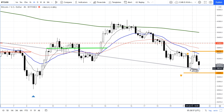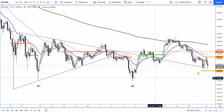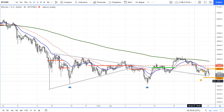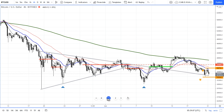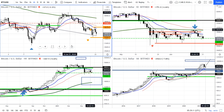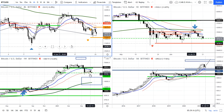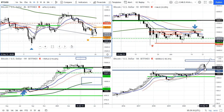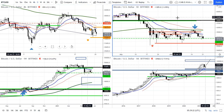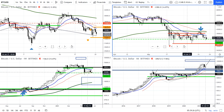So price is basically playing with this line from above. So that offers some resistance on the overall way down, and we might see what's going to happen when the bulls are stepping in and how strong they are. I think as price has developed since this sell signal, we might actually see it's still holding here at the support area. It's as well holding here at the 8 moving average on the monthly, but I think we might actually see some surprise going on during the next couple of days